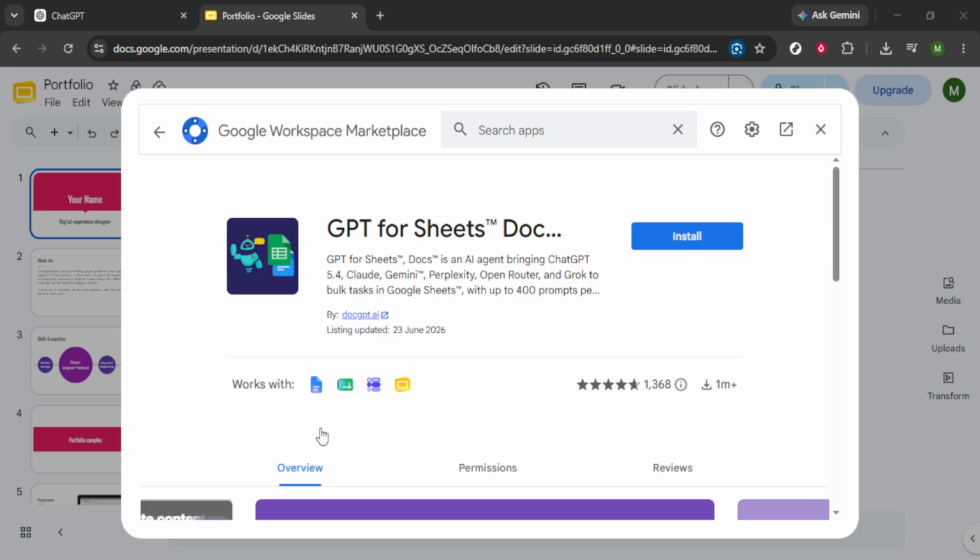A quick refresh of your Google Slides page should do the trick. Sometimes it just needs that little nudge to appear in the Extensions menu. Once it's available, you can easily start utilizing the ChatGPT features through the add-ons interface, allowing you to create presentations